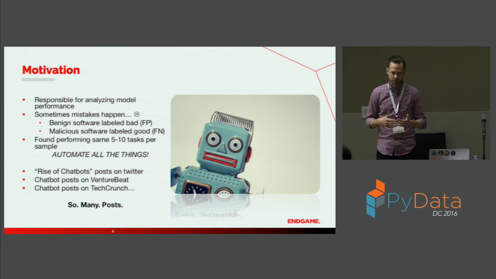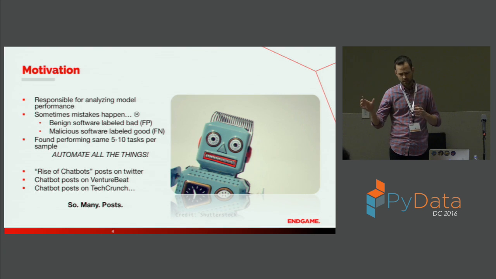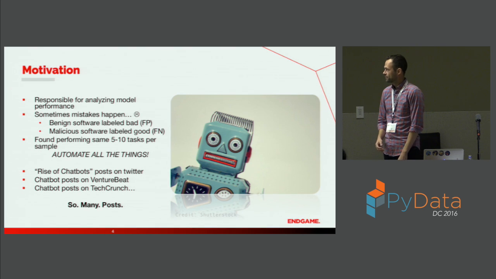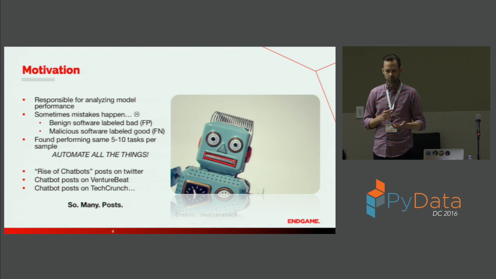So what I do is I take those samples, and all I have is the binary and its file name. File name in this case is just the SHA-256, which is a unique representation of a file. I run a series of queries against knowledge bases that we have at our disposal. I look up things on VirusTotal, which is a Google-run platform that provides a bunch of information. After 5 or 10 questions that I work through, I have a good idea of why this was a false positive because of X, and this was a false negative because of Y.